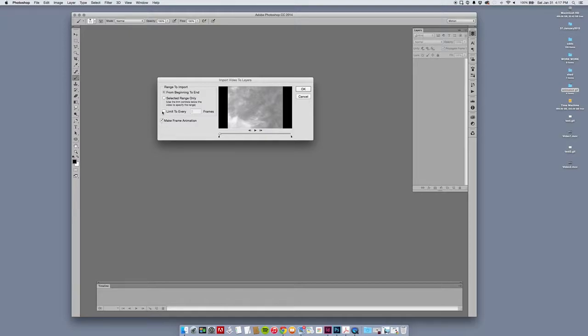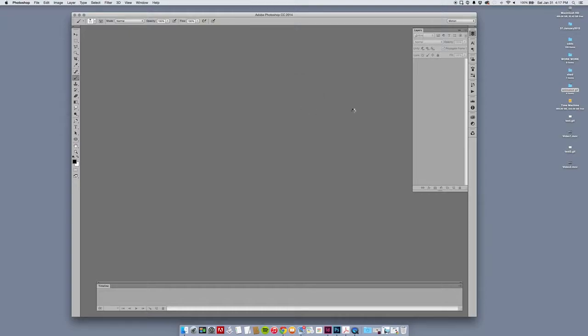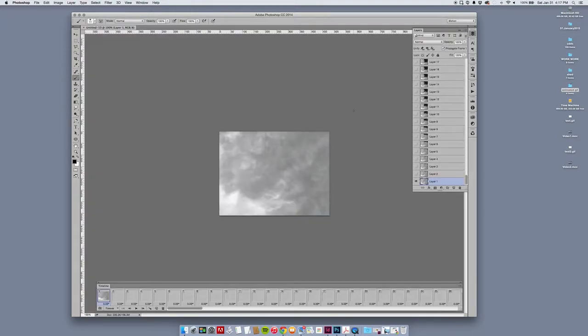And I have an option box here, make frame animation, which I definitely want clicked. What that's going to do is take each frame of this video and make it into a layer in Photoshop. If I click OK, you'll see that happen. It might take a little bit of time, because it's quite a reasonable size file. Actually, no, it didn't. And here are all the